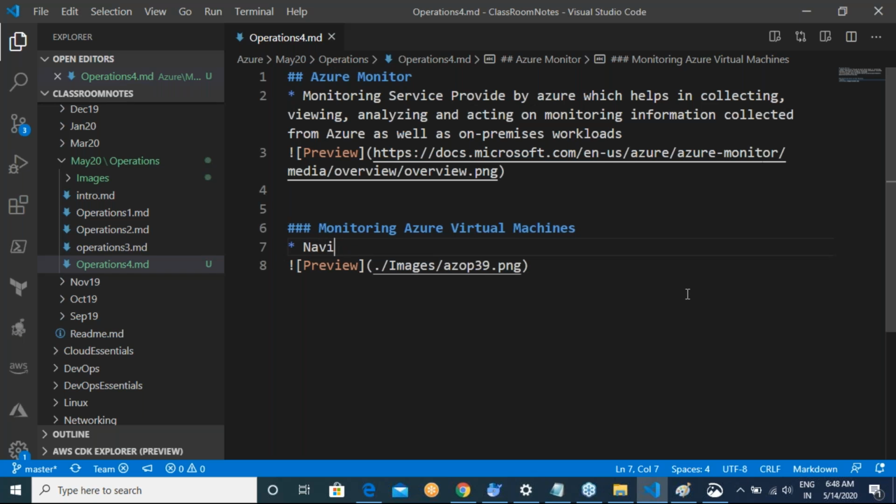Please do the activities. Navigate to the VM and then the overview section. We see some graphs.